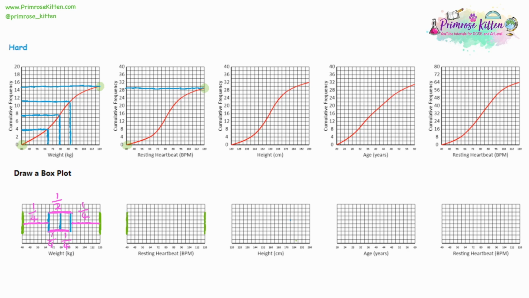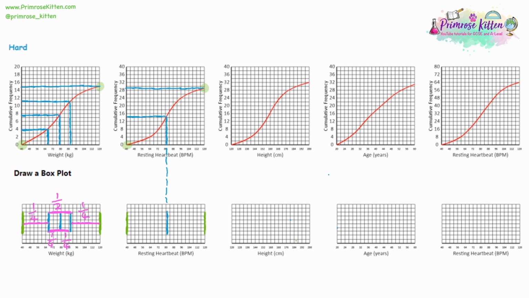So for the median, we half 29, which is 14.5. And we're going to read off what the median is. So it's in between 80 and 84. That looks to me to be about 81, 82. So you can just draw that as it is, or you could continue the line downwards, and then you don't really need to tell the difference between 81 and 82 because it's just going to be where it comes down. It'll be a little bit more accurate. So 29 divided by 2 gave us a median.